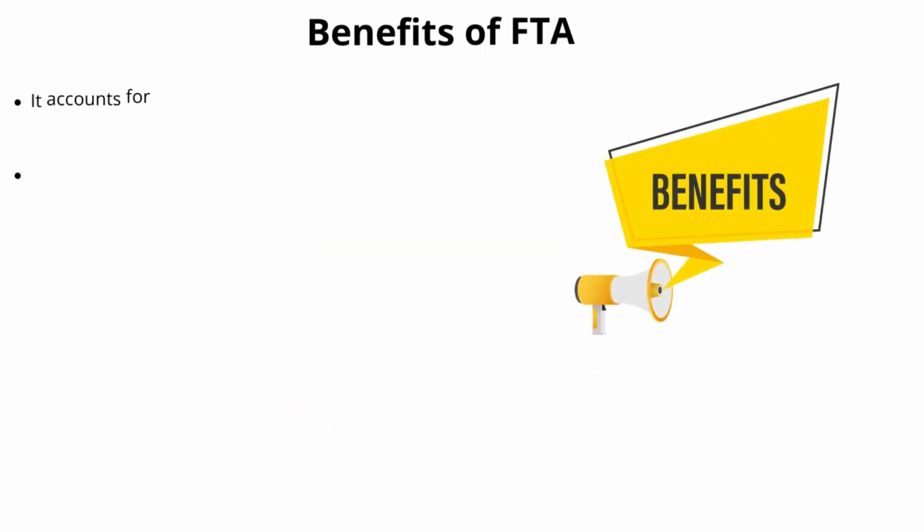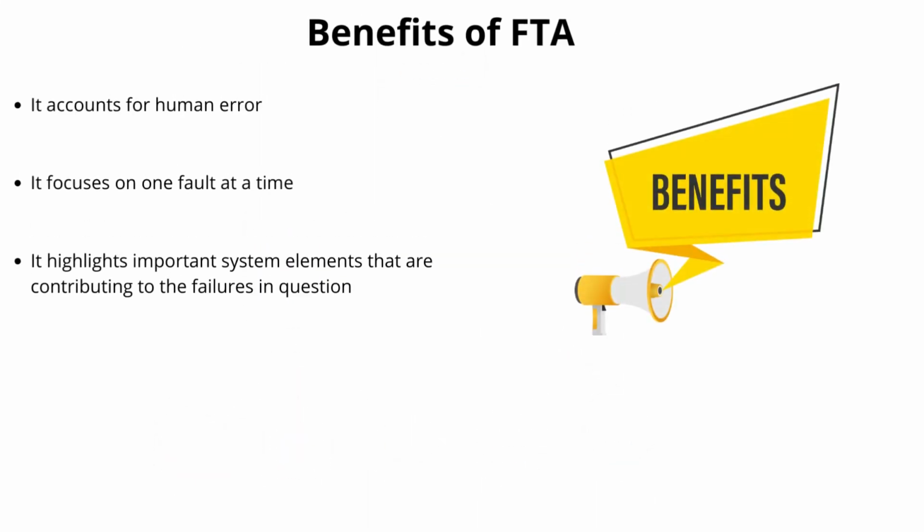Benefits of FTA. The top 3 benefits of fault tree analysis include: it accounts for human error. Many people focus on the faults of the tools, the system, or issues that do not involve people. A fault tree analysis takes into account the people that work the system and the various bottlenecks they can create. It focuses on one fault at a time. When you use a fault tree, you can break down the failure into a series of issues that can be solved in a much more